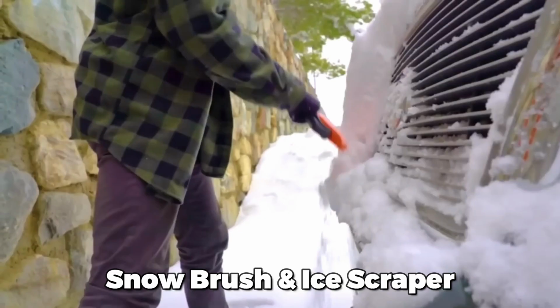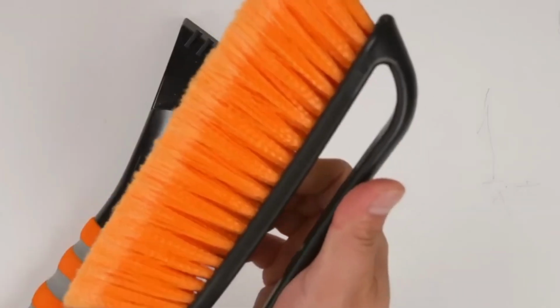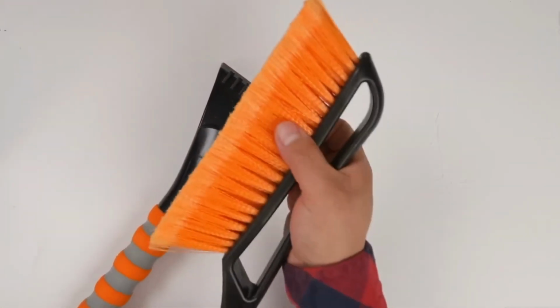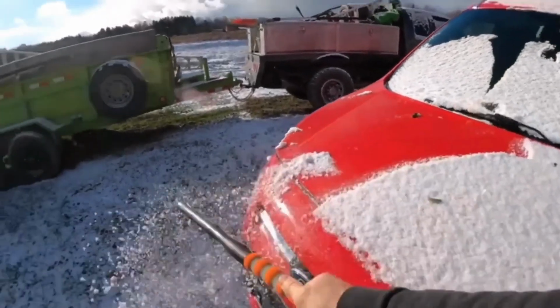Number 4. Snow Brush and Ice Scraper. Introducing our 2-in-1 car snow brush and ice scraper, the ultimate winter companion for your vehicle. Featuring soft bristles and a removable scraper made of durable ABS plastic, it gently cleans your car without scratching the